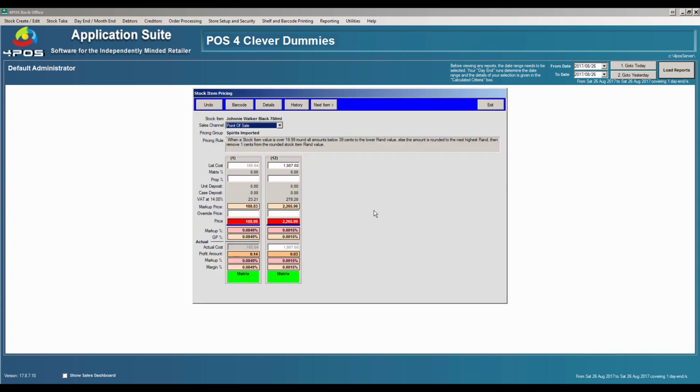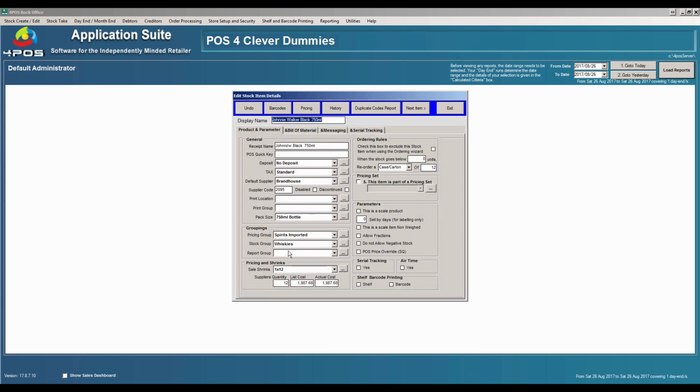All right. And then in terms of selling prices and so on, the system will automatically calculate the prices for you. As you can see, the system caters for what we call a matrix price. Matrix price is that the system will go and have a look at what your cost is, plus a matrix percentage. In this case, it's not picking anything up. So let's go back to the detail of it, and let's go and fix up my spirits imported